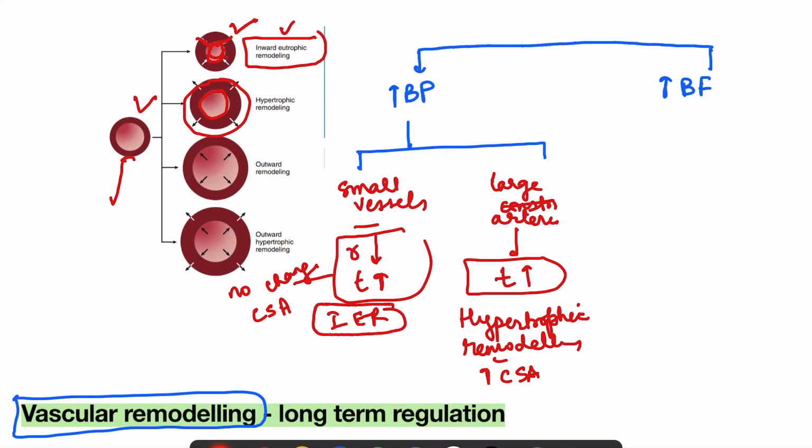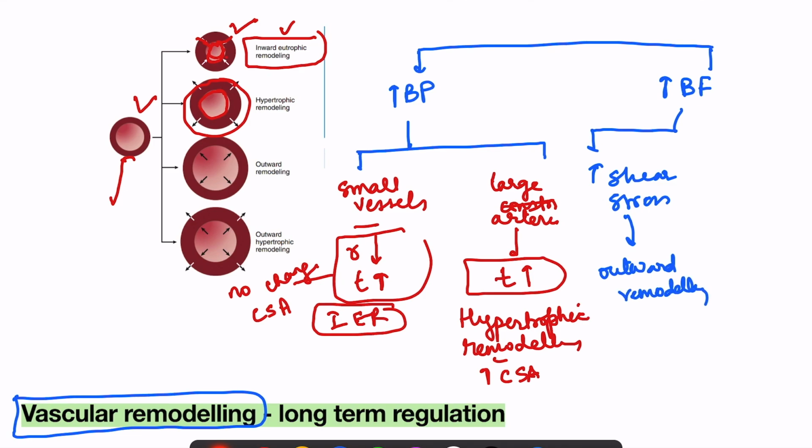Then if there is increase in the blood flow, chronic increase in the blood flow, so because of chronic increase in the shear stress, there is change in expression of genes, and this leads to the synthesis of certain proteins. So all this leads to outward remodeling. So if you see, the concept is same. What is shear stress doing? Shear stress is increasing the diameter. Acute changes, there is vasodilation. So outward remodeling is what? See, ultimately there is increase in the radius of the vessel. So in outward remodeling, just radius of the vessel increases, thickness doesn't change, right?